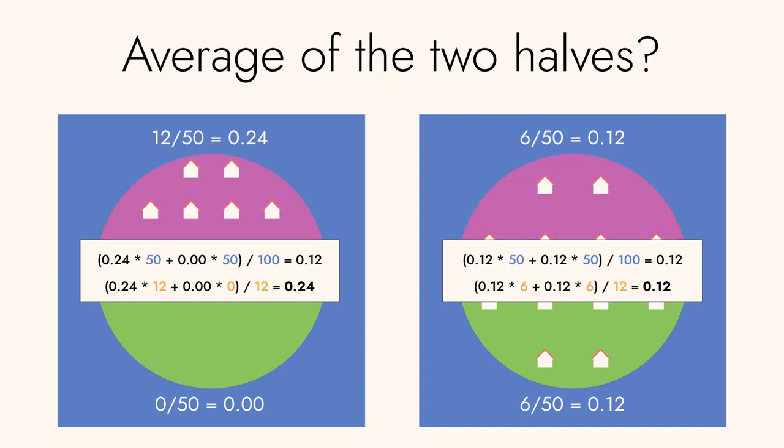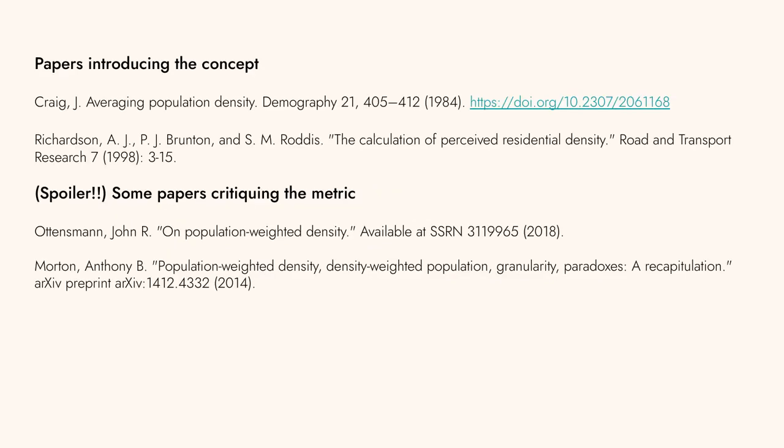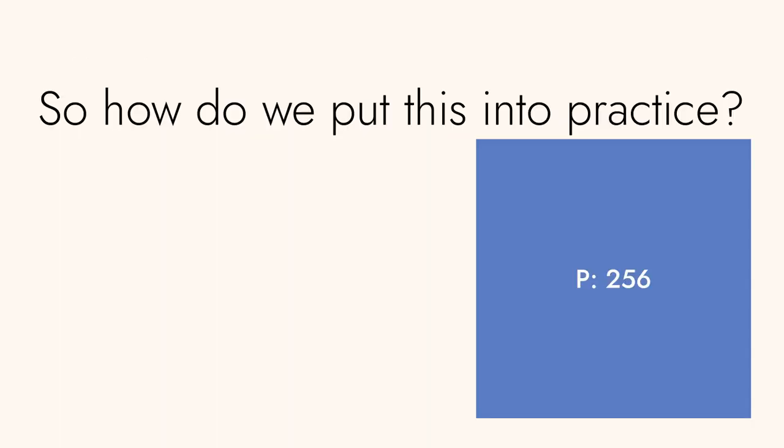We've solved our problem. So this leads us to what we call the parcel-based definition of population-weighted density. This is a pretty standard technique for computing population-weighted density. It's what you'll find if you look in the literature. On screen are a couple references. And we're following pretty much the approach that they will use. Note that we're using an arithmetic mean and not a geometric mean. I like arithmetic means because I don't like logarithms. But that's another video.